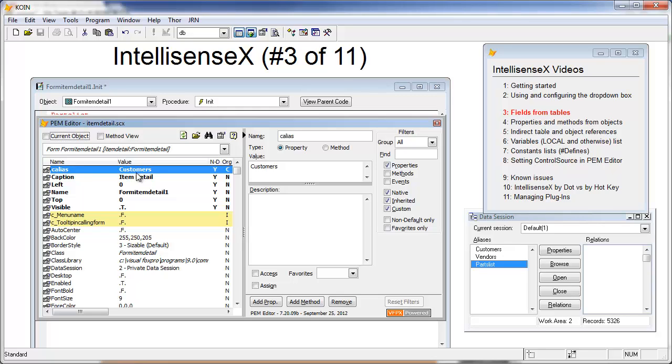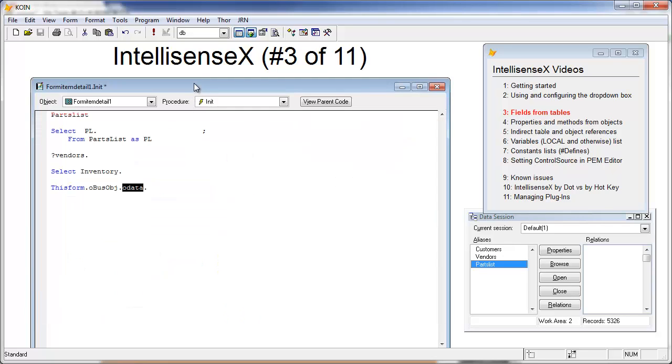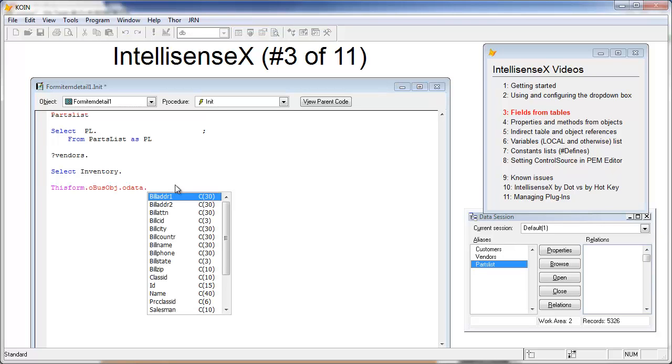So for this form, within this form.calias refers to a particular table, and whenever I see this particular structure, I know as a programmer that it refers to the customers table, and thus when I type the dot, I get the drop down for the customers